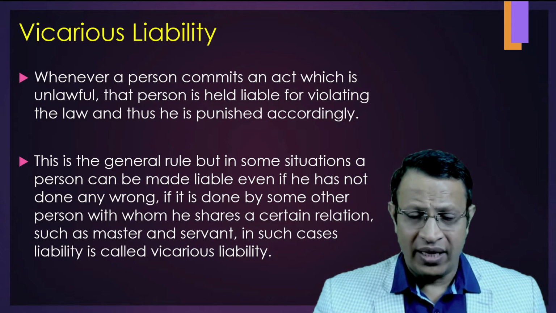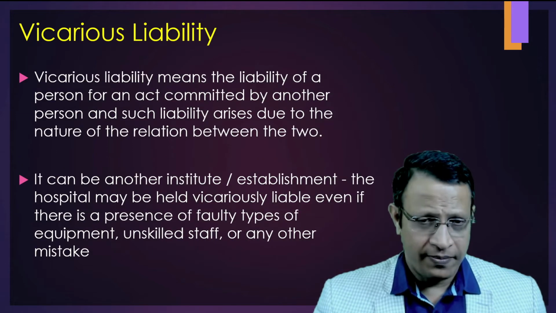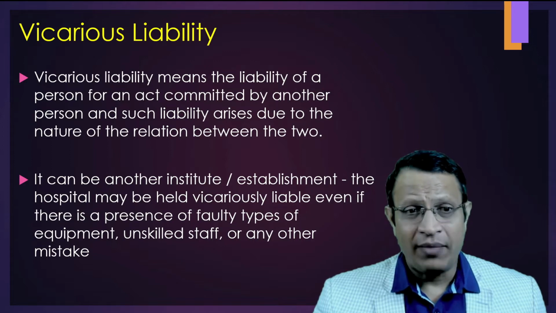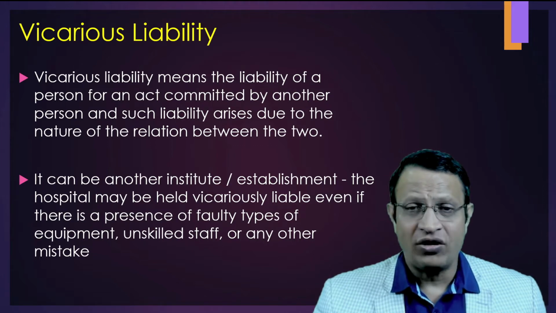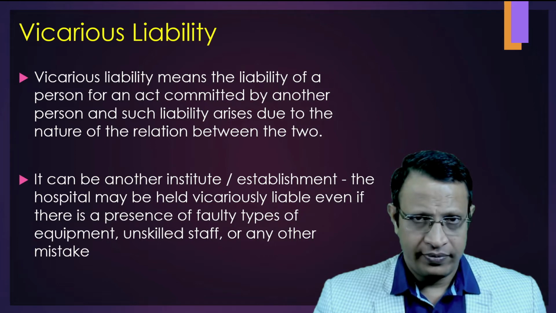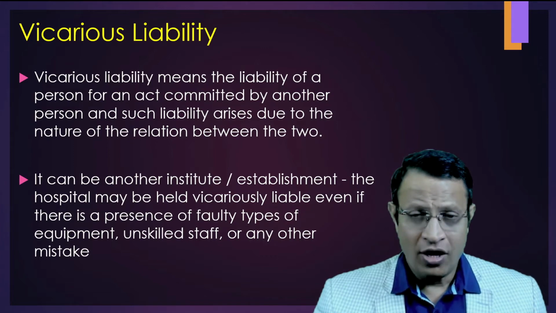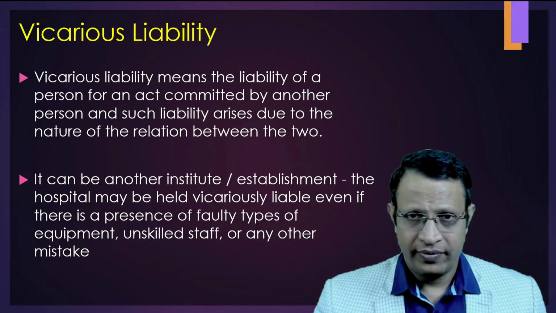That relationship can be master and servant. In such a case, the master can be held liable for the servant's wrongdoing. That means vicarious liability is the liability of a person for an act committed by another person, and such liability arises due to the nature of the relationship between the two. This can be the relationship between two people, or a person and an animal, or a person and an institute. For example,